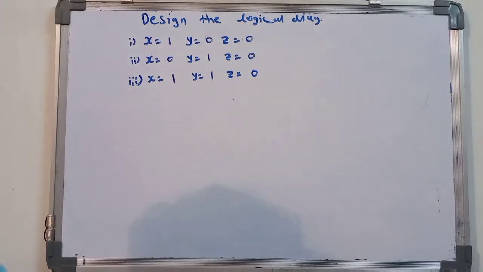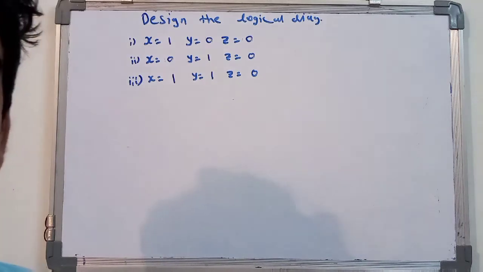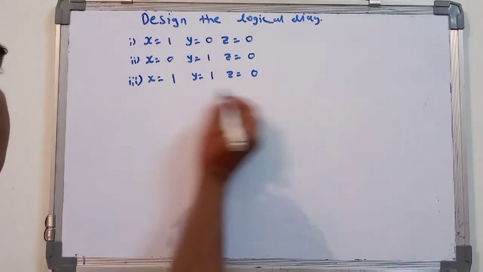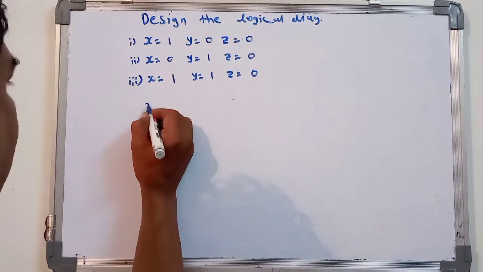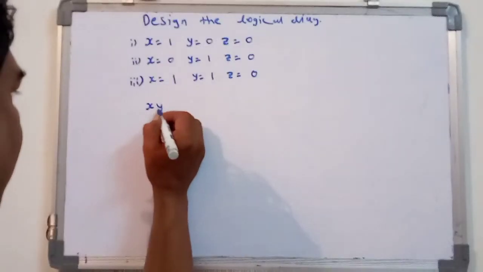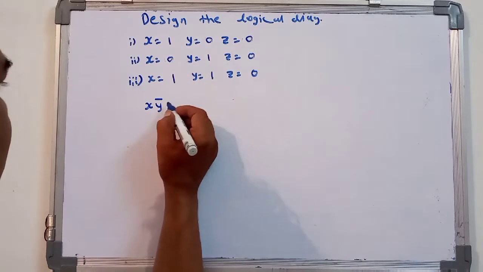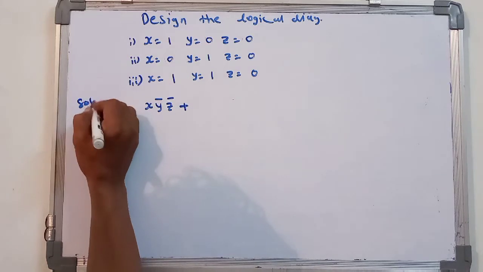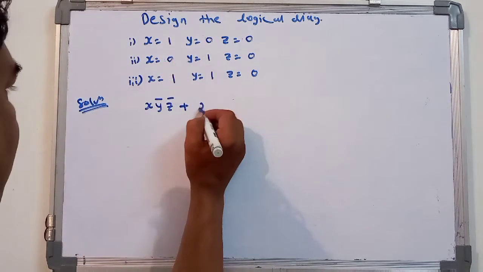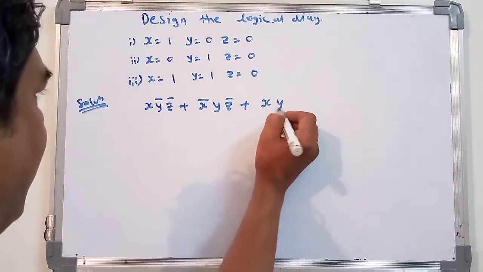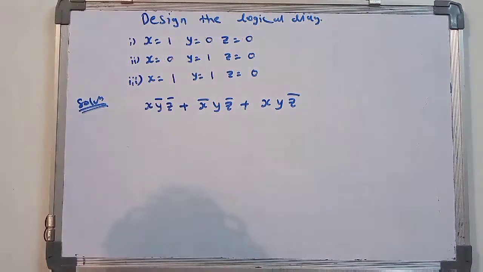Okay students, now again the same thing, you have to consider the first, second and third. If you have that particular x value, y value and z value, then you have to write down the value for x. If it is 1, then simply x. If y is equal to 0, then y bar, and z equal to 0, then z bar. Then simply plus the next, that is x bar, y and z bar plus x, y and z bar. So it is the required equation.